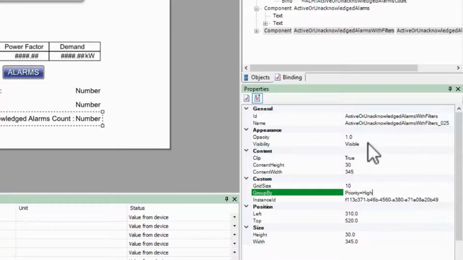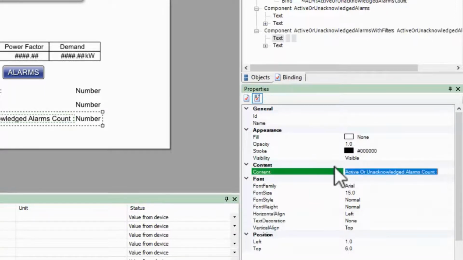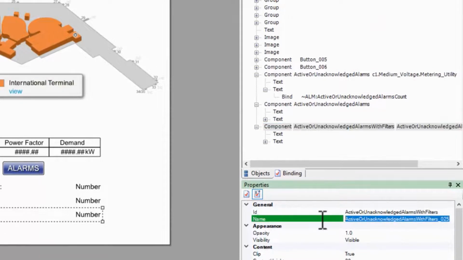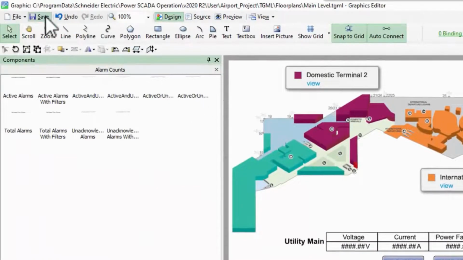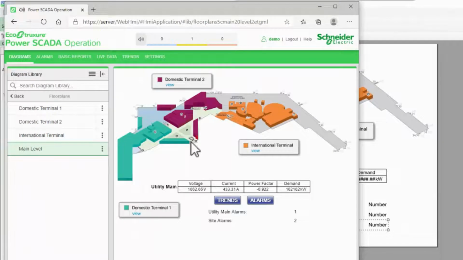Of course, the label needs to be changed to match. Now, I have disabled my meter, and you will see that one new alarm come in for my site high alarms, as the communications failure has a high priority.